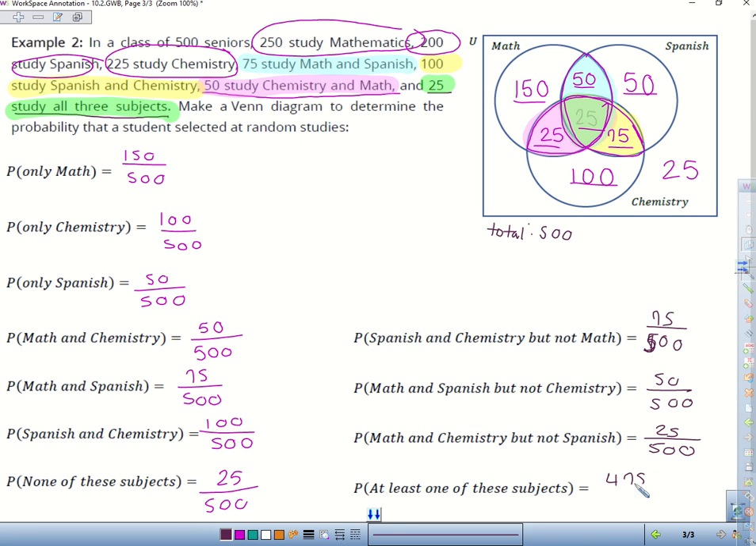475. 475. Good job. Correct, yeah. Because there are 25 people not taking any, so you can just work backwards. You could either add them all up or subtract 25 from 500. Alright, so what I want you to think about for a second before we go into